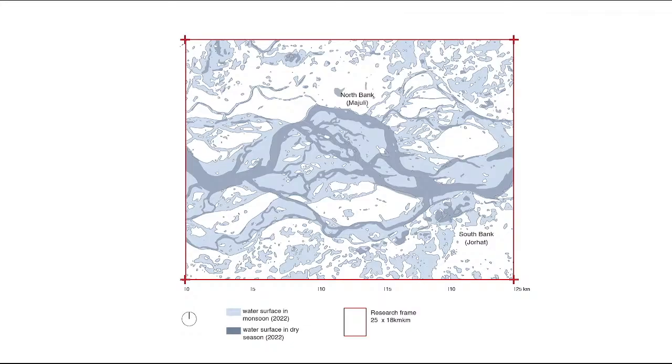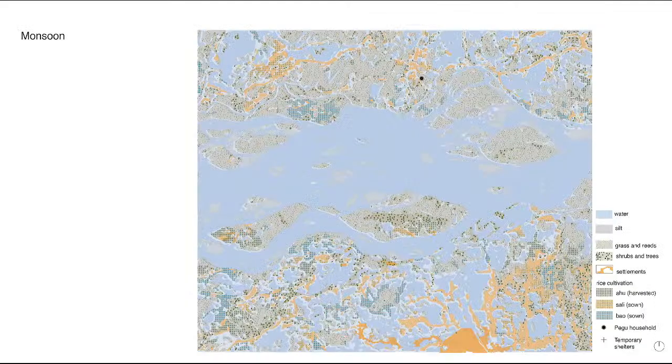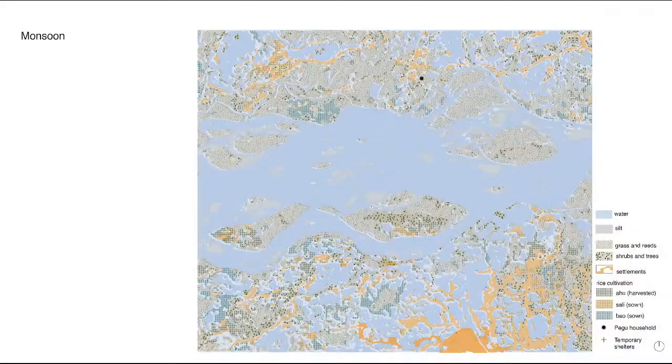I drew the water. Actually, this drawing was made for the year 2022, for all 12 months. I'm showing you one. This is, I think, October, post-monsoon. Darker blue is dry season, lighter blue, wet season. And then within this frame, I started tracing what is happening. So let's say the blue is the water, with a little bit of